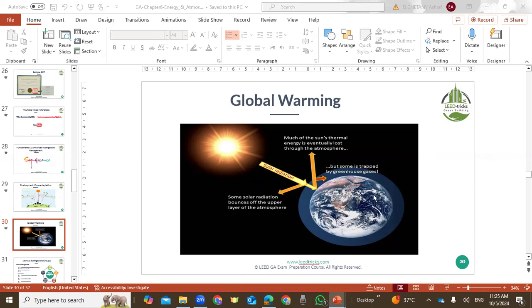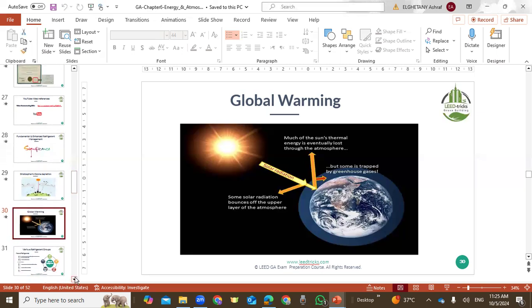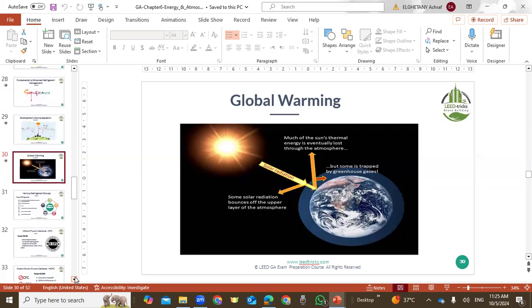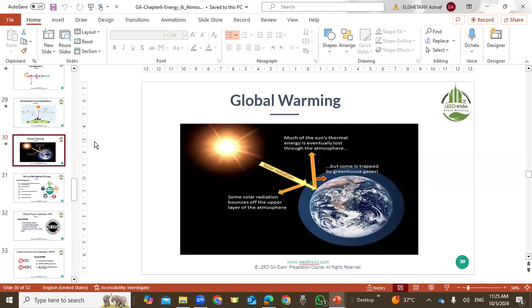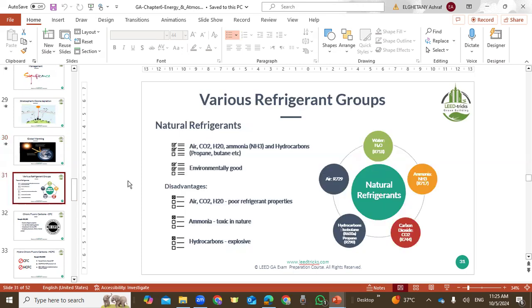That is where we see the melting of the north and south parts of the Earth, Antarctica, where the ice is melting, changes in the weather, climate change, climate risk, and so on. All this comes from this simple concept. So before you learn about climate risk and climate change and become a specialist, you need to know simple concepts such as these. So in refrigerants, we need to reduce